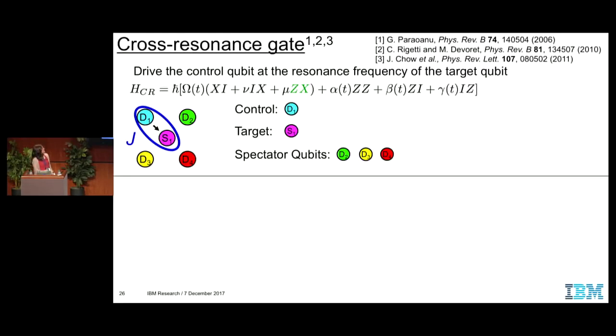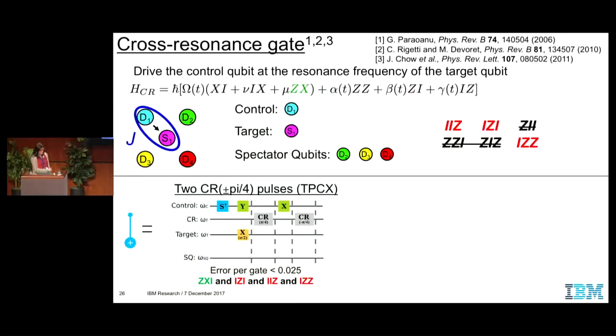So I talked about the cross-resonance gate a little bit earlier, and this is the CR drive Hamiltonian, and this ZX term is the one that you want to make the CX gate. This is the term between the control and target qubit. And when you apply this echoed cross-resonance gate, what you're doing is canceling out all these terms, except for IZ in this line. But when you consider not just this 2-qubit pair, but other qubits that are coupled to this pair,